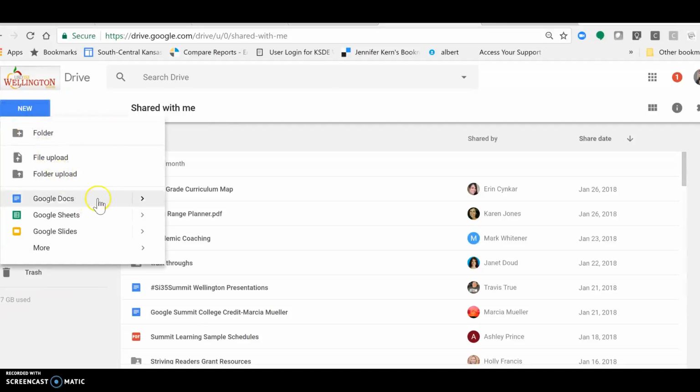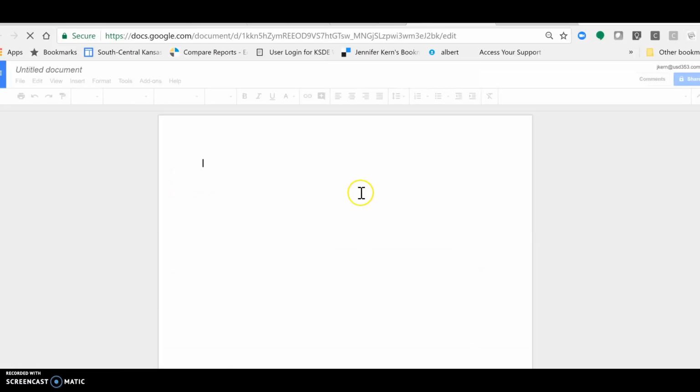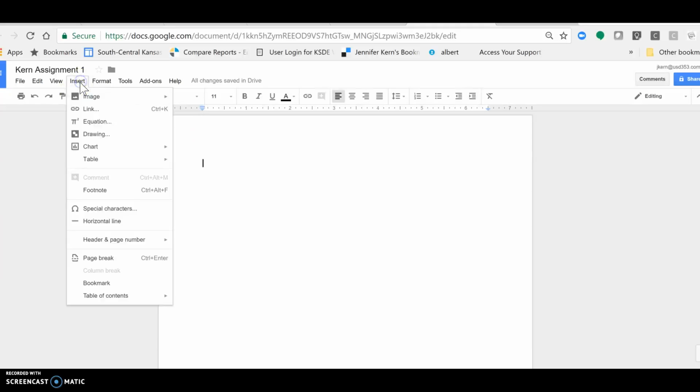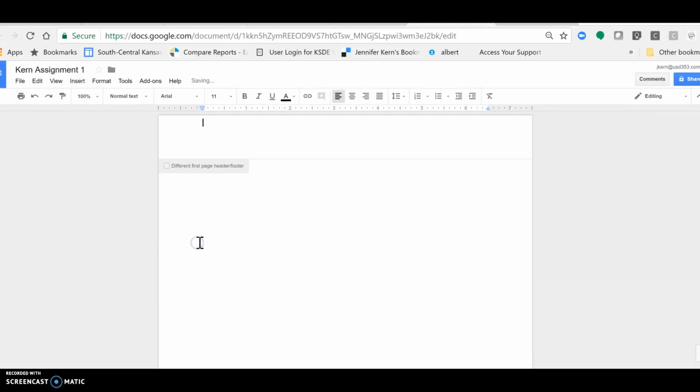or if you wanted to start fresh, you would click on New, Google Doc, Blank Document. You would title your document with your last name. And on the header, you just simply insert header, this, enter down, head,